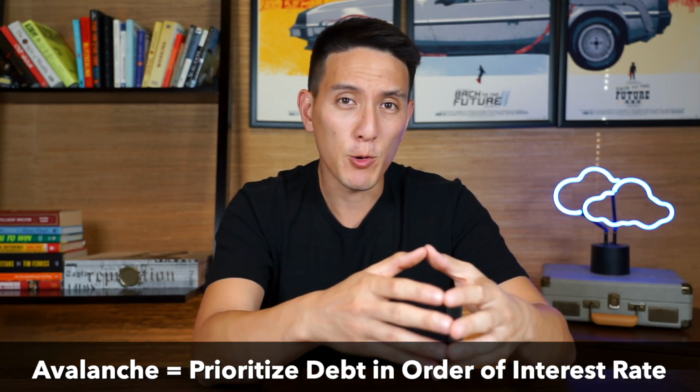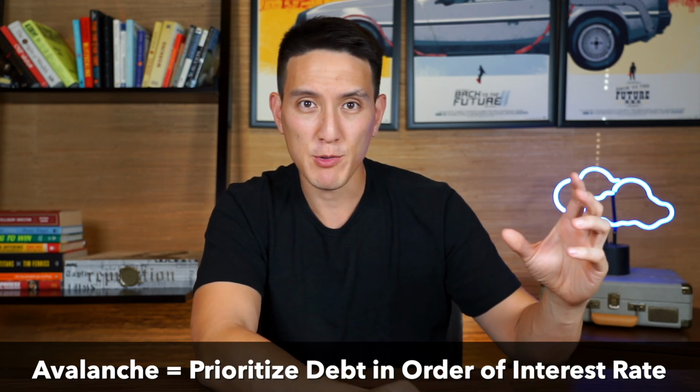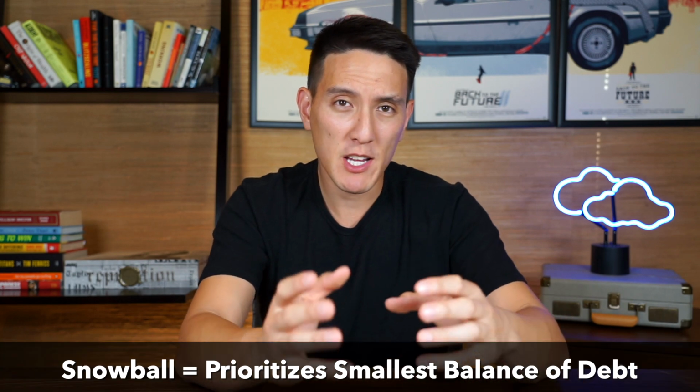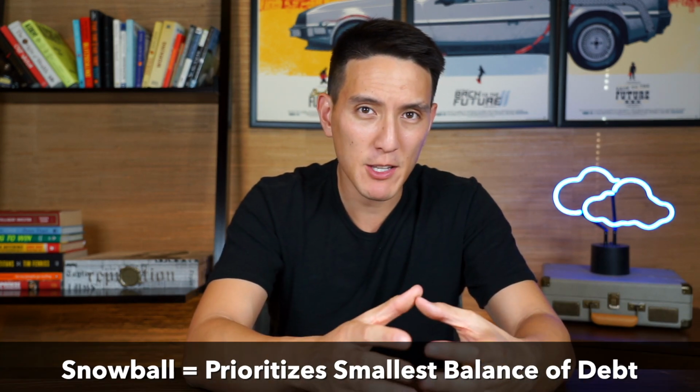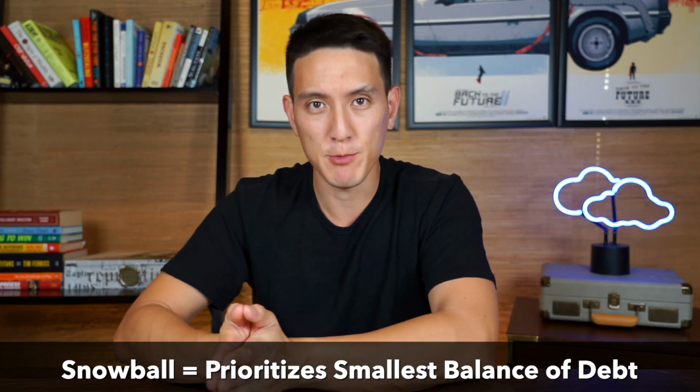So the Avalanche method basically prioritizes debt in order of its interest rates, and basically what we're gonna do is start with the highest interest rate, pay that one off, and then go down the line. The Snowball method, on the other hand, prioritizes the smallest balance of debt that you have, and we're gonna pay off the smallest balance, followed by the next biggest one, by the next biggest one, and so on and so forth. So the best way to illustrate this is with an example, and let me bring up an example here